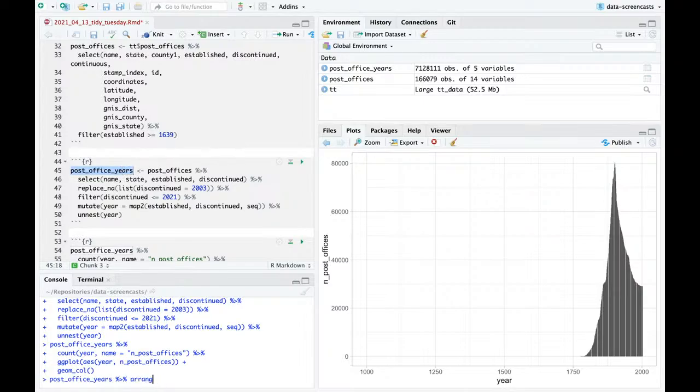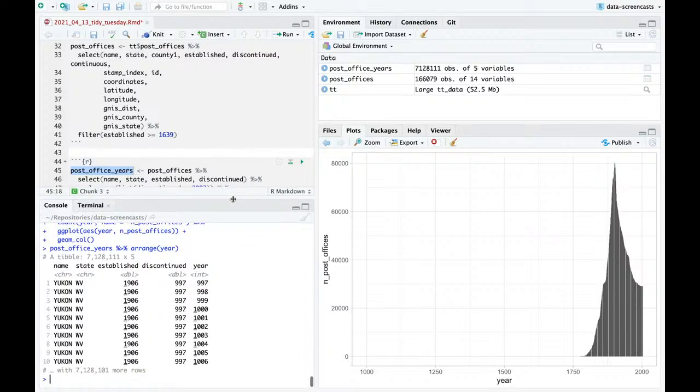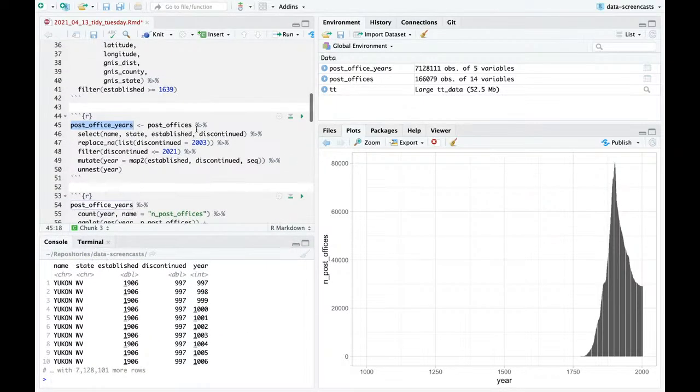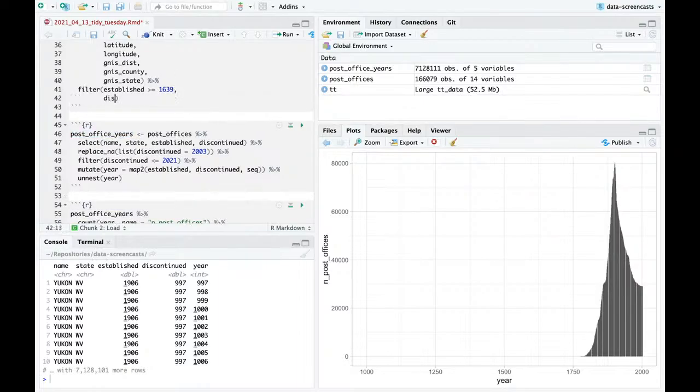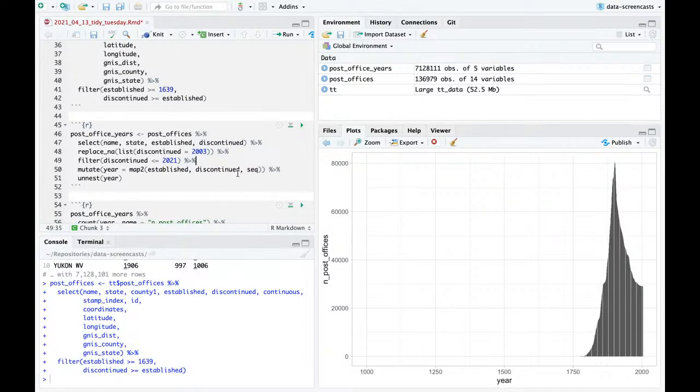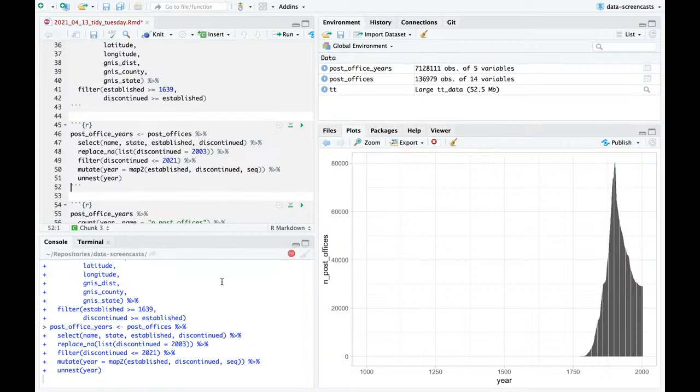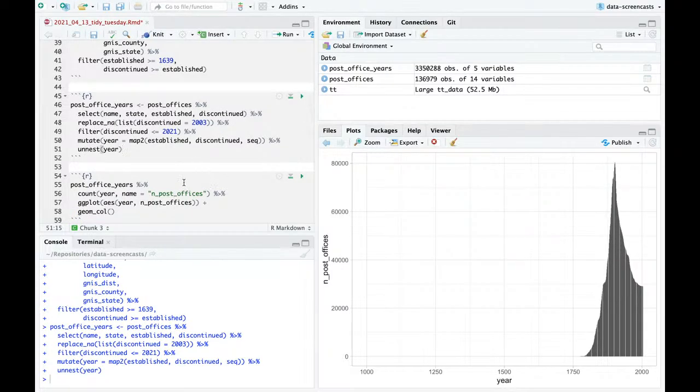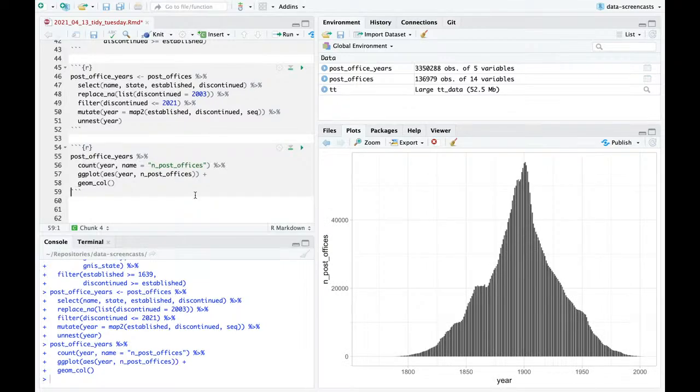So if I do arrange by year, I've got a few that are discontinued less than established, so you know what I'm going to do? I'm going to throw another thing that says discontinued must be greater than or equal to established. Greater than or equal to, because you can imagine ones starting up and then closing in the same year. All right. So what this is showing, and I don't know if it's accurate, is the number of post offices that are active, here we go,